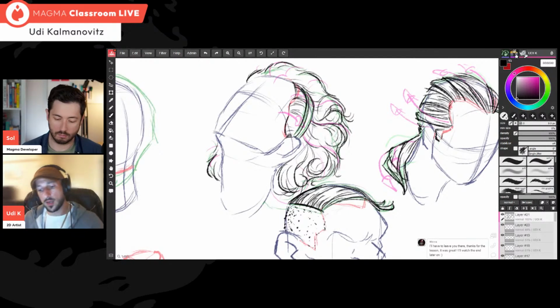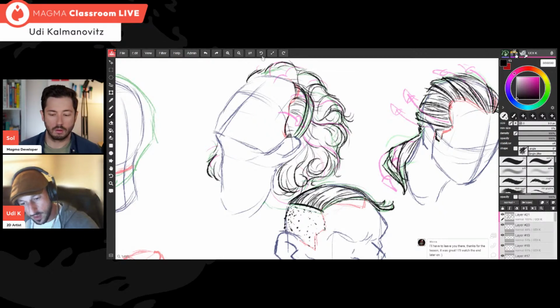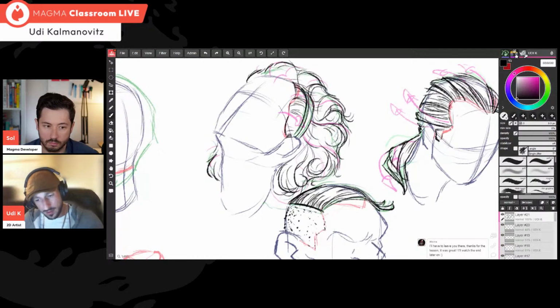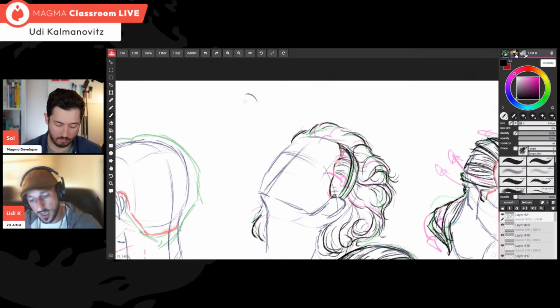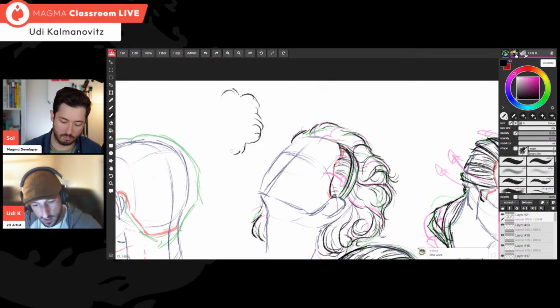I need to think on the general shapes and the general patterns that I will achieve, and that's mostly it. Sometimes I can approach a different style of curls, thinking of these bulbous shapes, like so,